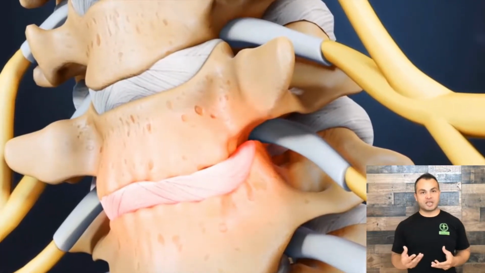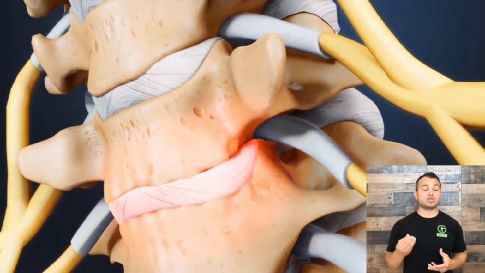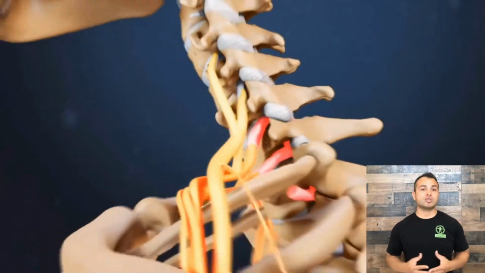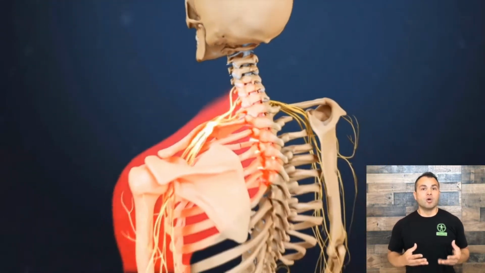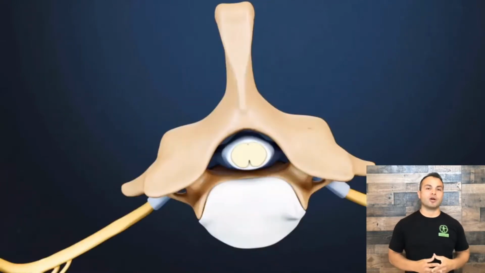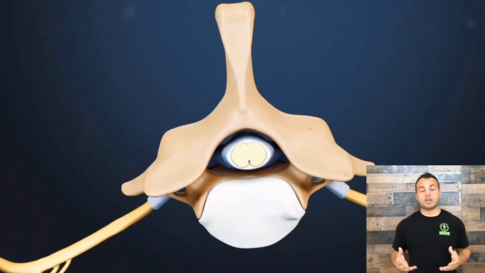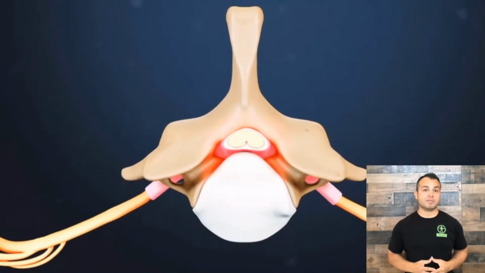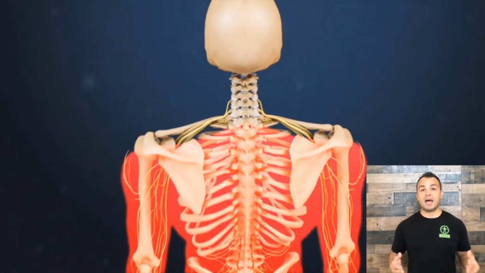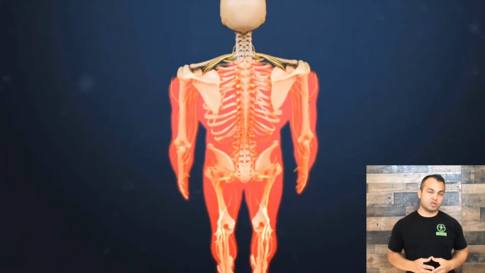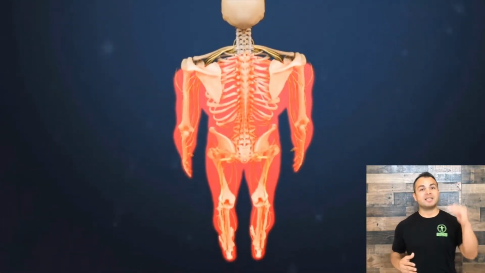These degenerative changes to the discs and the facet joints in the cervical spine can cause a nerve root to become compressed, which can then result in cervical radiculopathy symptoms, which is basically pain, numbness, shooting, tingling sensations down your arm. Similarly, degenerative changes to the discs and the facet joints can also cause the spinal cord to become compressed, resulting in myelopathy, which are symptoms of severe shooting pains, weakness, and/or reduced coordination anywhere beneath the level of that